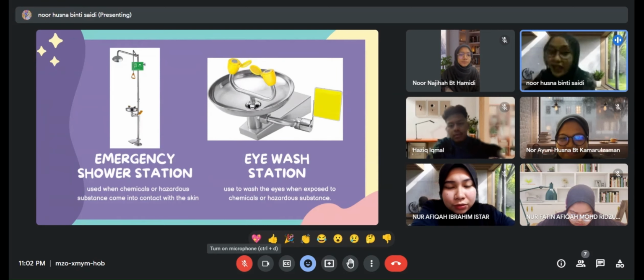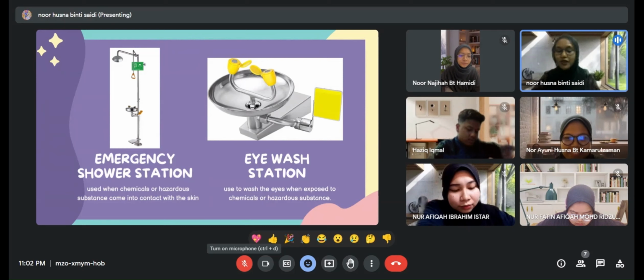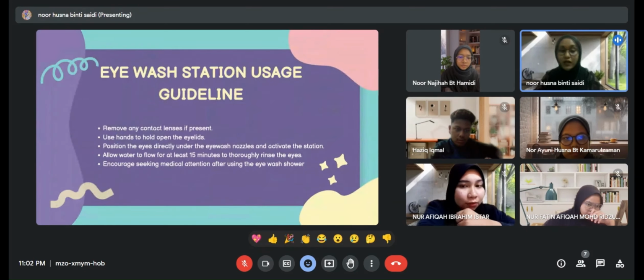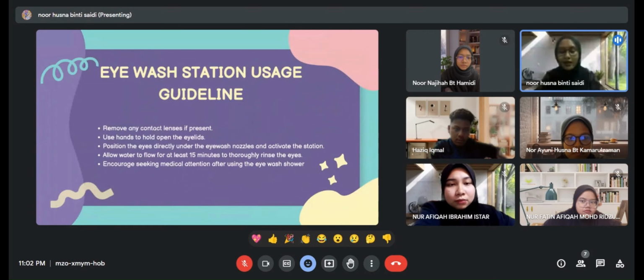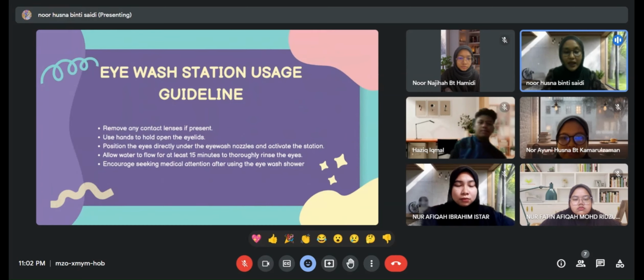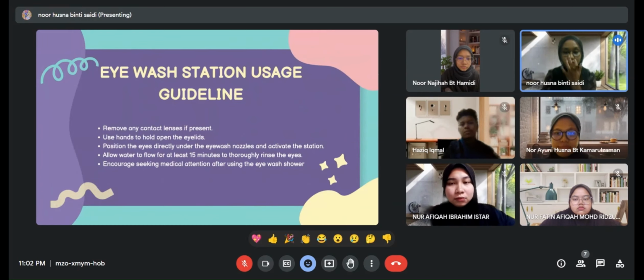Teacher will share with you guys and guide you on how to handle this equipment. All right. The first thing you have to do when you want to use this eye wash station is remove any contact lens if present. The second guideline is you need to use your hands to open your eyelids. The third guideline is you need to position the eyes directly under the eye wash nozzles